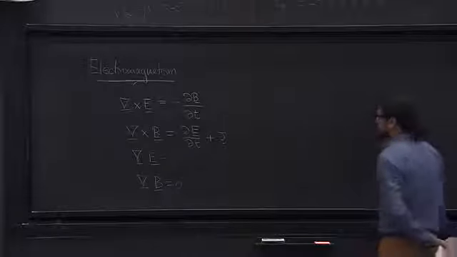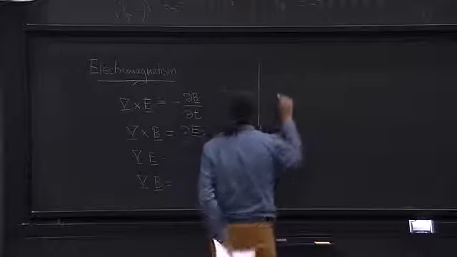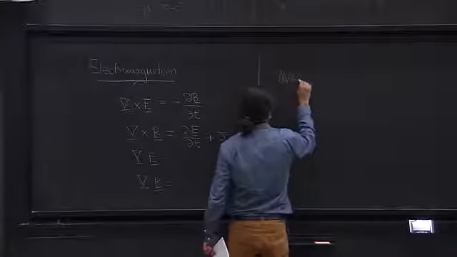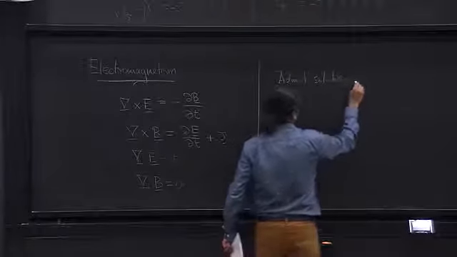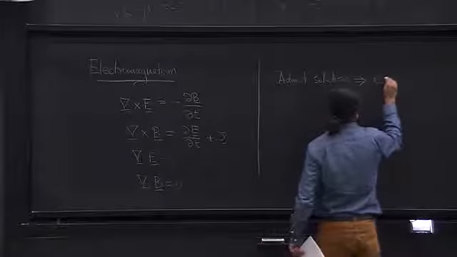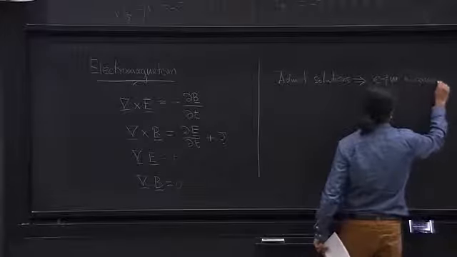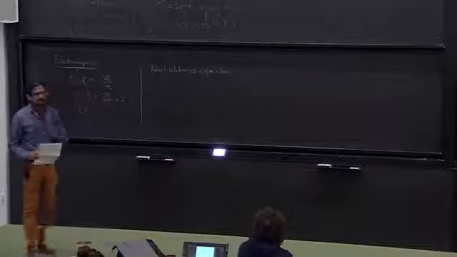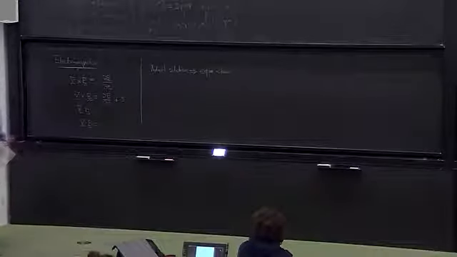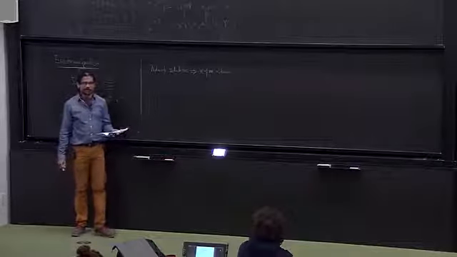So these equations admit electromagnetic waves. They admit solutions which Maxwell showed were electromagnetic waves. I think it was the second Nobel Prize in physics. I think it was Hertz who confirmed Maxwell's prediction and got the Nobel Prize for it. Back in those days, you could get a Nobel Prize for pretty much anything.